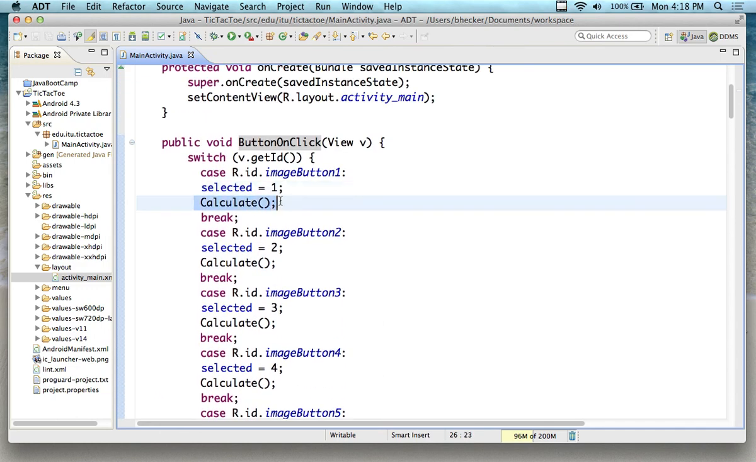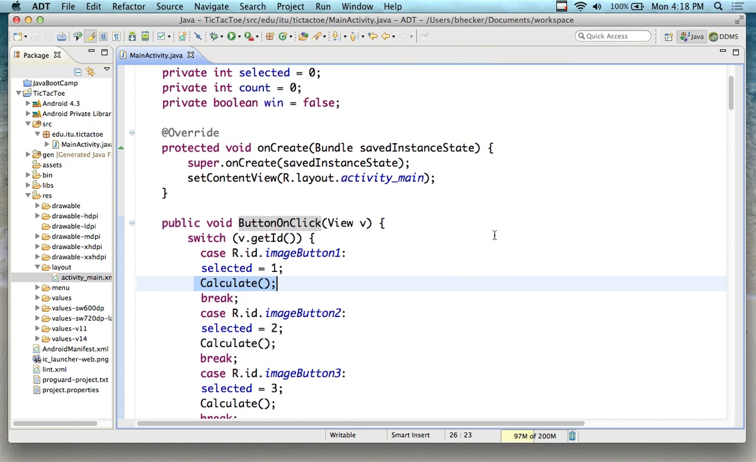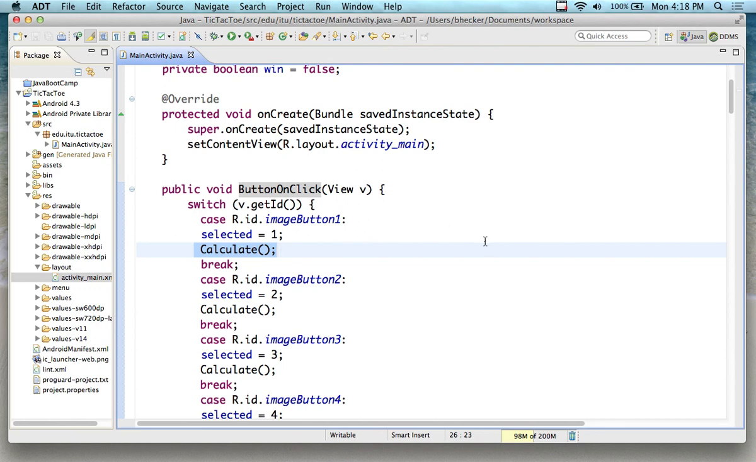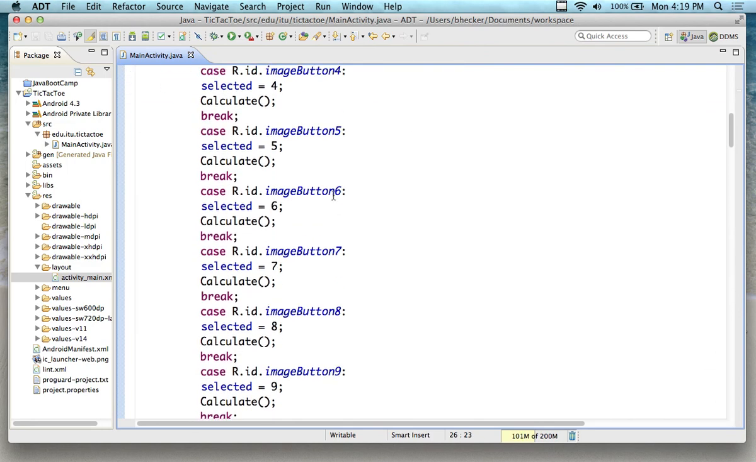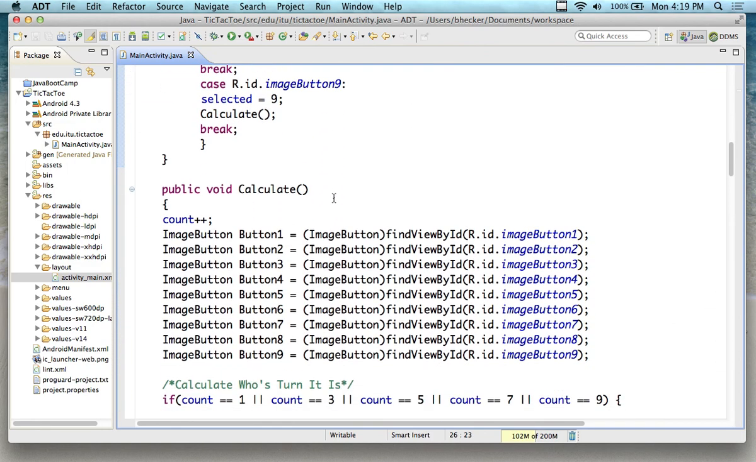And then we're going to do a method called calculate. Calculate's going to see if we have a winner. And it's going to essentially do all the work for us. So we click on some buttons, and the button on click, which is going to happen automatically when we click on the button, is going to set what button we pressed. On calculate, it's going to put our